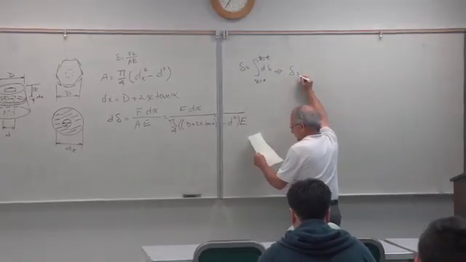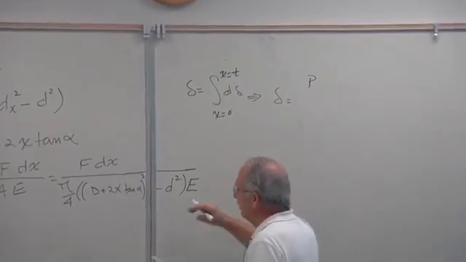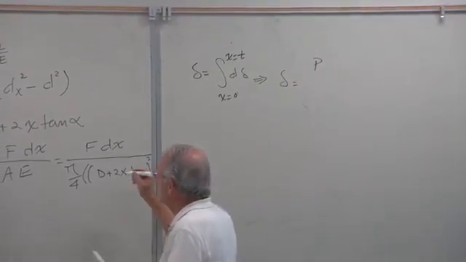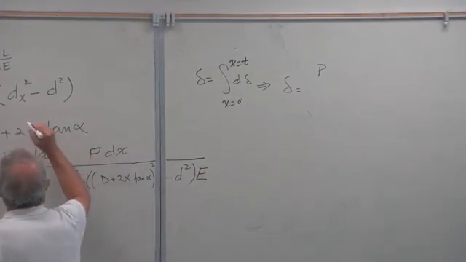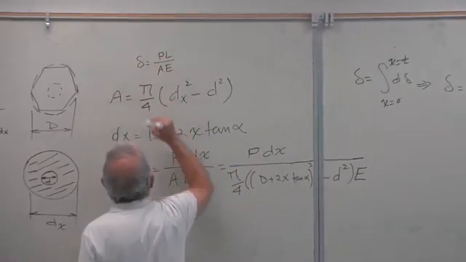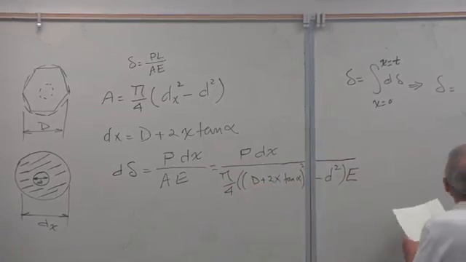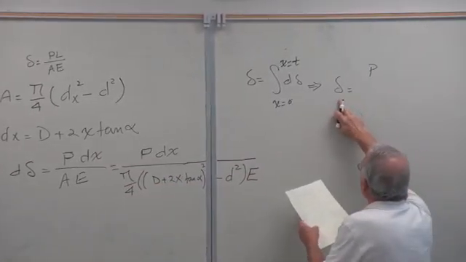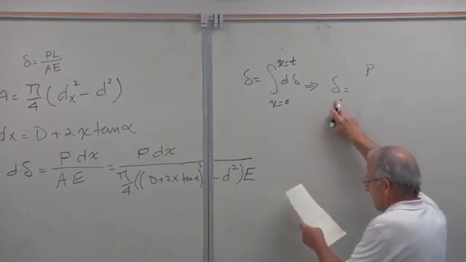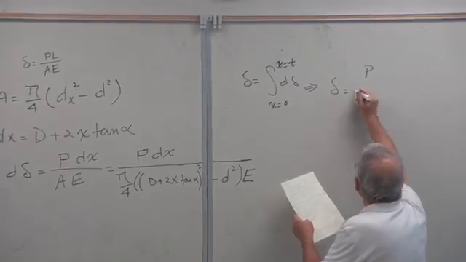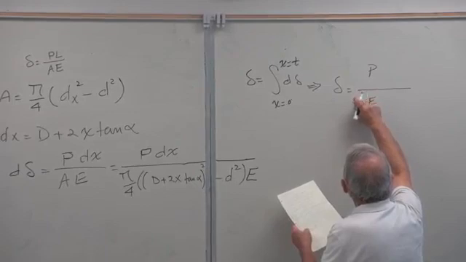Delta is equal to P. I've said F in here, we're using P, so let me just change all of these to P's rather than F, so everything will be consistent. Corrected? Yeah, I corrected. So what we get is this, P divided by pi E